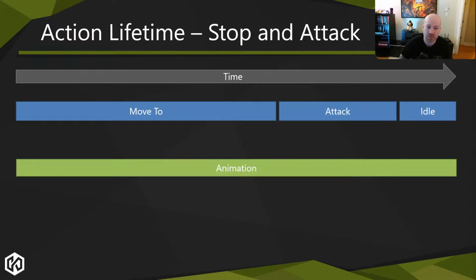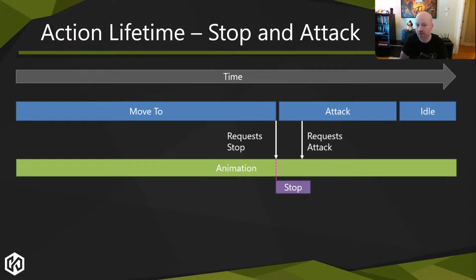When it comes to animation, for example, at the end of the move to, we will issue a stop to the animation system. That will start the stop animation. And we will say, hey, I've requested the stop. I'm done. My move to is finished. I've issued the command to stop, and I don't particularly have to wait for this. And then the attack starts, but maybe the attack has a frame or two of saying, hey, I don't have line of sight, or I don't have nav mesh reachability to get to the character. So I'm going to maybe wait one or two frames to see if that happens. And while this is happening, the stop is still running on the character. That animation is still playing.